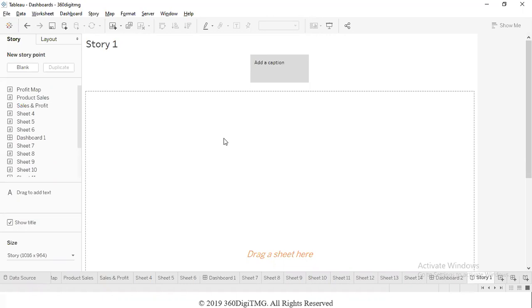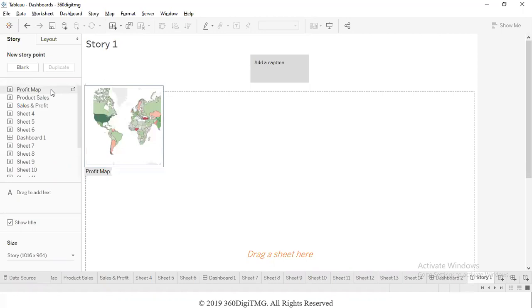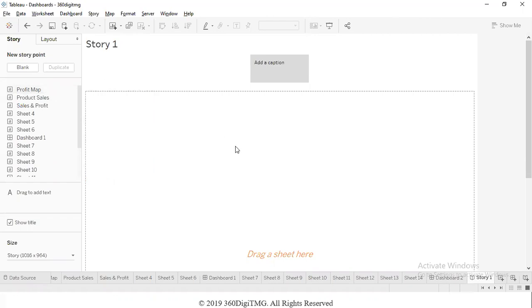So a story is a platform where, after we have created all the worksheets and all the reports, meaning dashboards, we put them in one place where the end users can go through what we have created in a proper sequence, so that they can understand their data better rather than in a random and haphazard way. They go in an organized way.